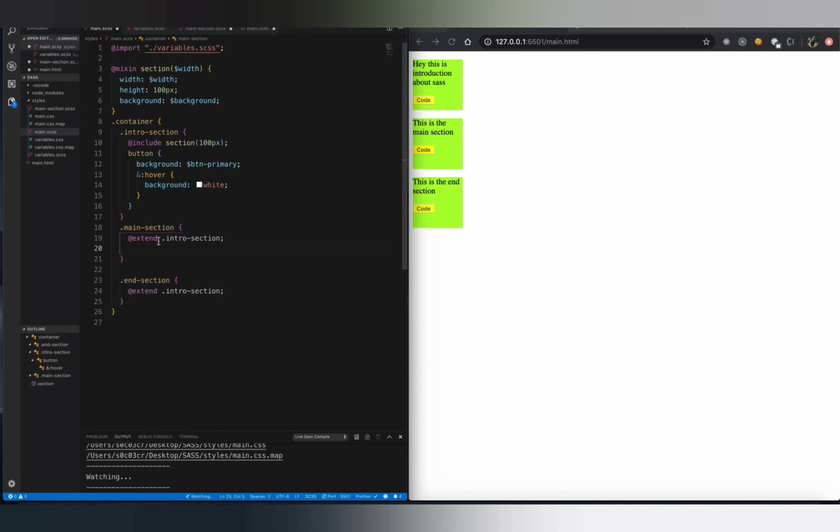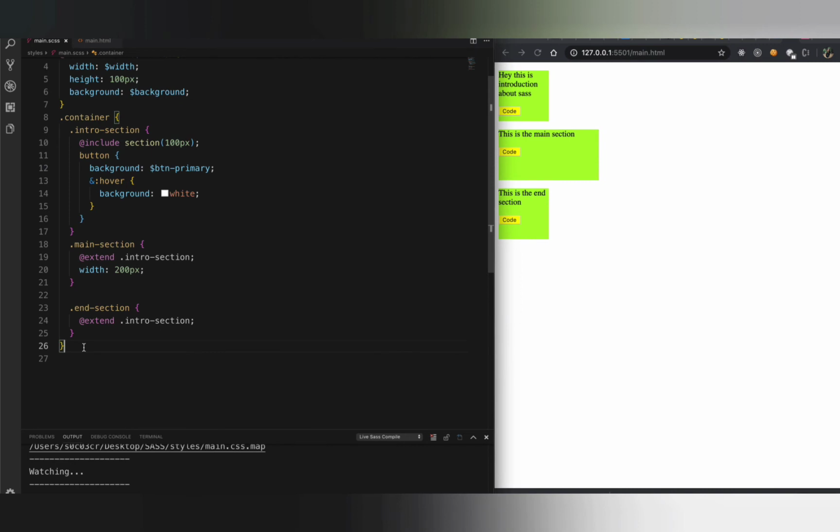Okay, so you basically want to use all the styles of intersection, but you want to override the width. So you can say width 200 pixel, right? So this is going to increase our width. In order to override, you should always write it after your extend rule. If you write width before extend, then your extend intersection is going to override your given width. So whatever you want to override, you should put it after your extend. And yeah, this is pretty much about inheritance.